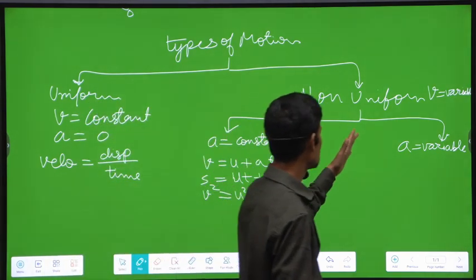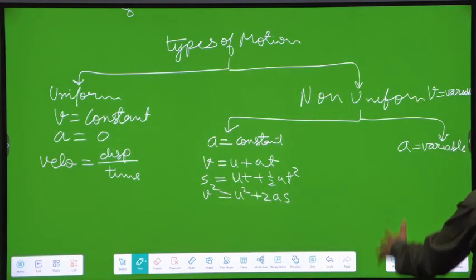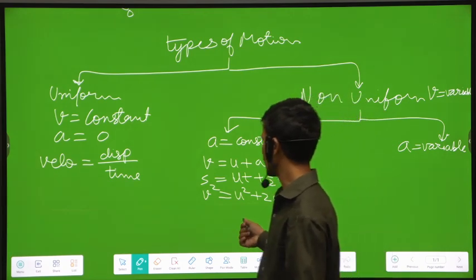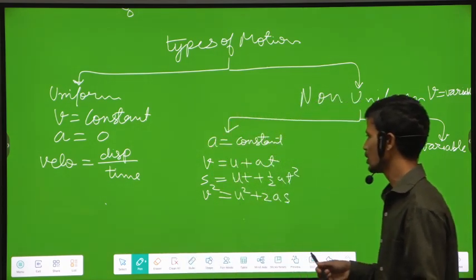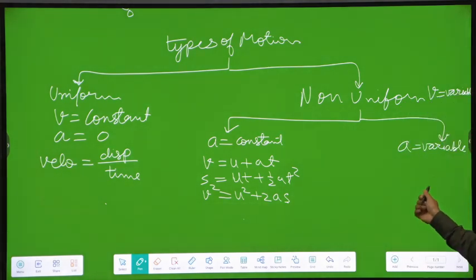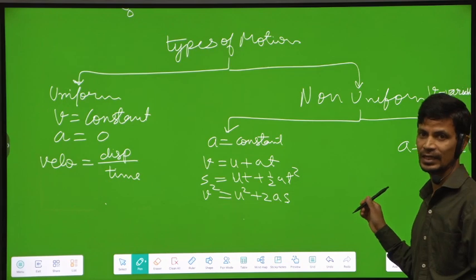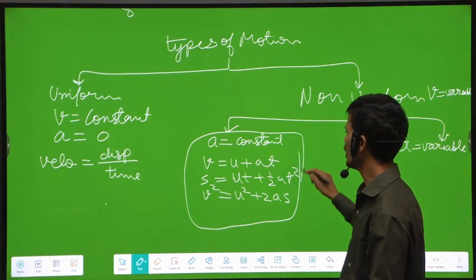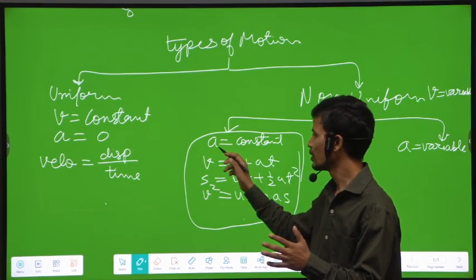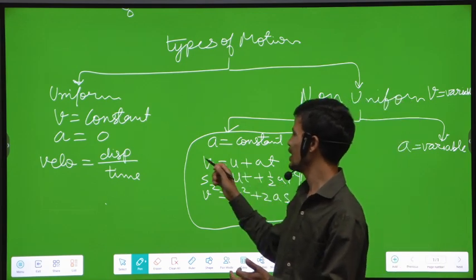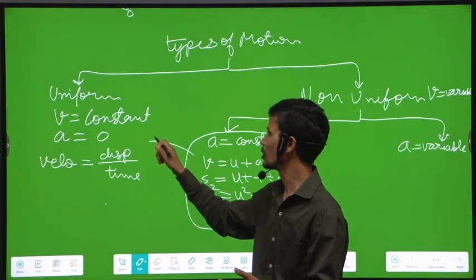And if acceleration is variable, then we solely depend upon calculus. In fact, we can use calculus here and here also, but these formulae cannot be used for variable acceleration. Remember that. These equations of motion can be used for only constant acceleration. And some people can say that it is also used for